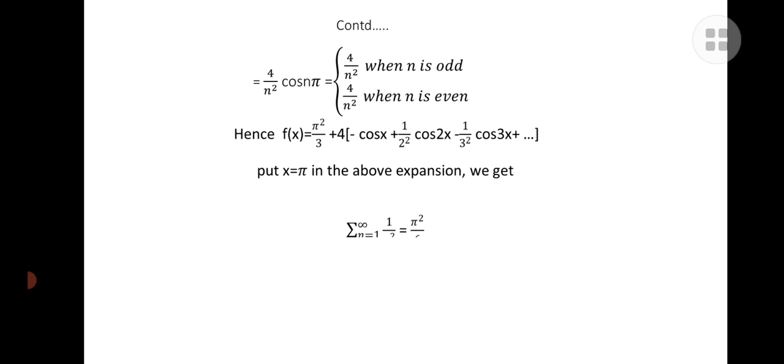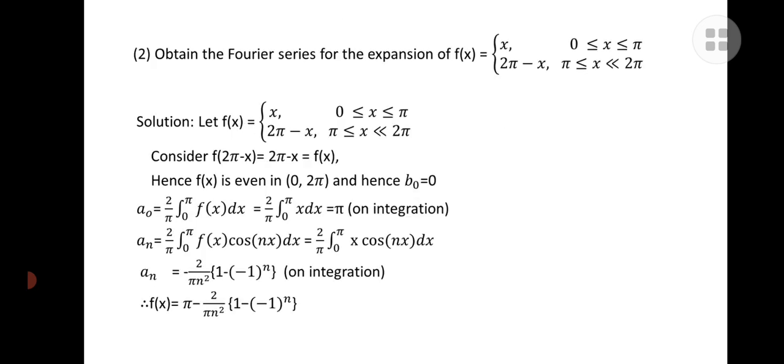Substituting the a0 value and an values in the Fourier series, we will get x square is equal to 1 divided by 2 into 2 pi square divided by 3 plus summation n is equal to 1 to infinity 4 divided by n square into minus 1 to the power of n cos nx, and that is equal to pi square divided by 3 plus 4 into summation minus 1 to the power of n divided by n square into cos nx, which is the obtained Fourier series for the function f of x is equal to x square in the interval